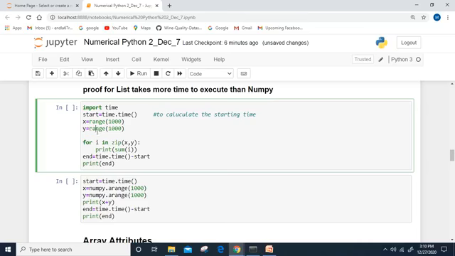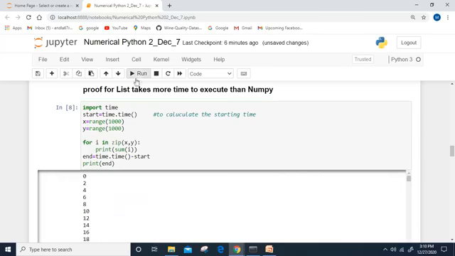Here I am passing the variable x and variable y through the zip function, and when I iterate over that, those values will be combined and assigned to the variable i. Now I am going to take the summation of that, and when I print the end time, it will tell you how much time it took to execute the logic. Now let me execute this one. You can observe how much time it has taken.